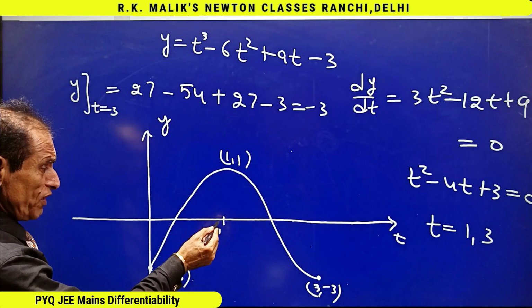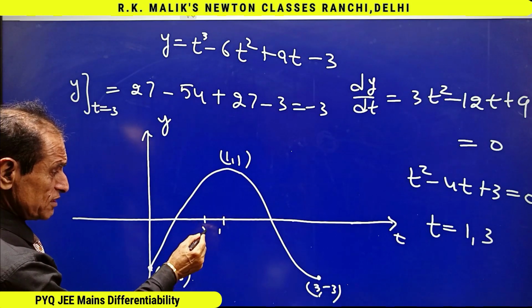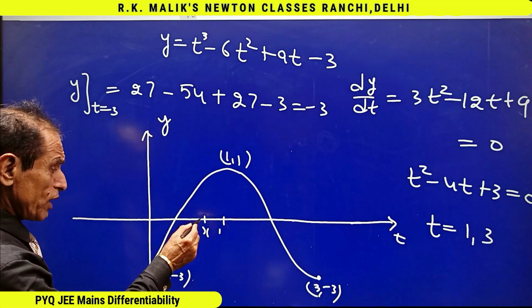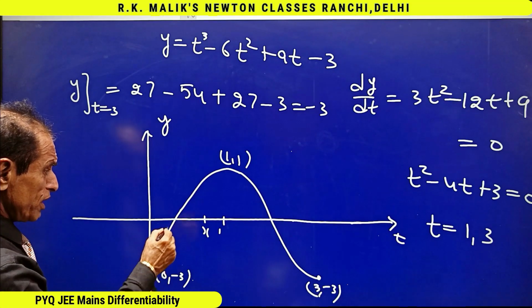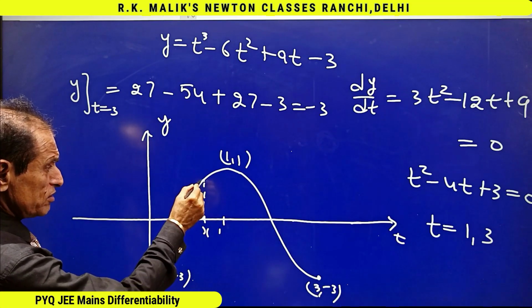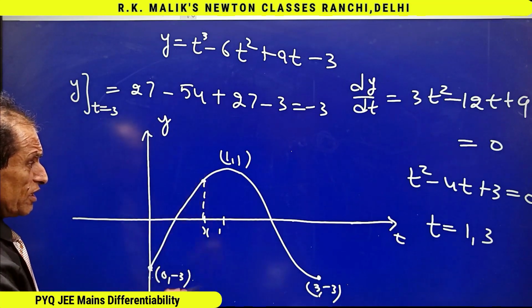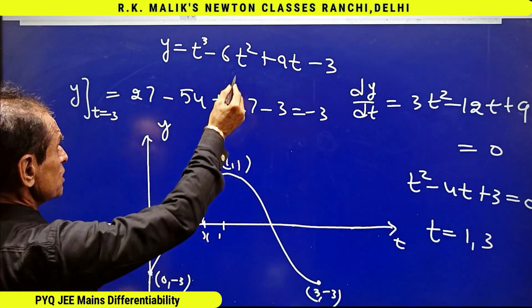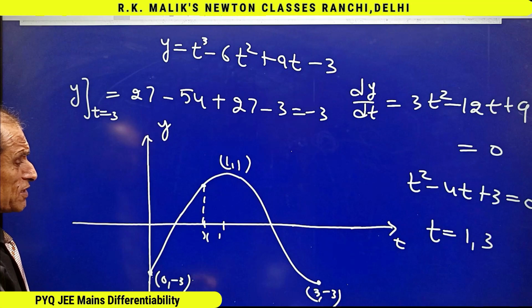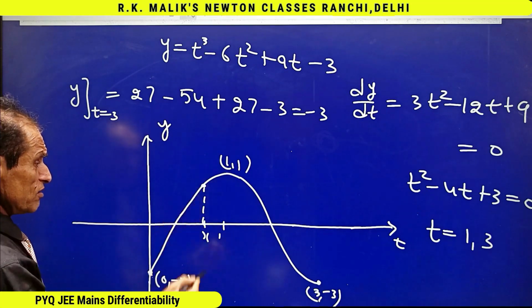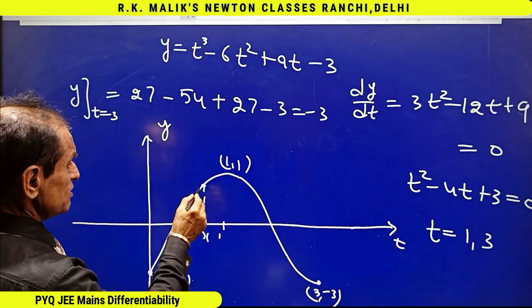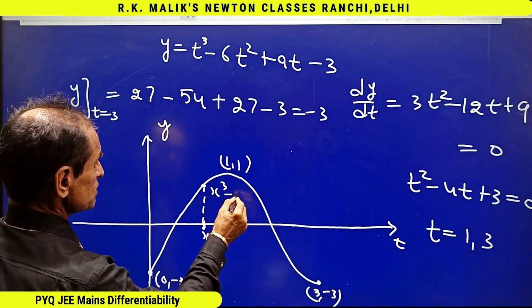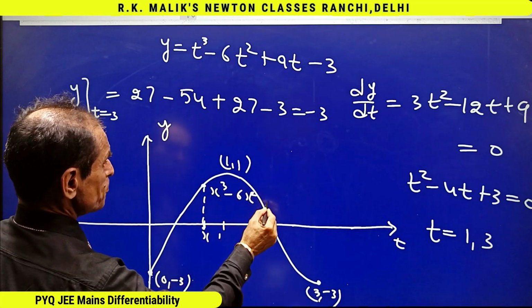So far as the value of x is less than 1, say x is here, then as I make t vary from 0 to x, on the graph we will be going from here till here, from here till here. Out of all these values of y, the maximum value of y is here. Here t is x, therefore the value of y at this point will be x cube minus 6x square plus